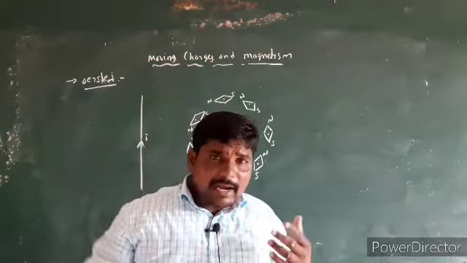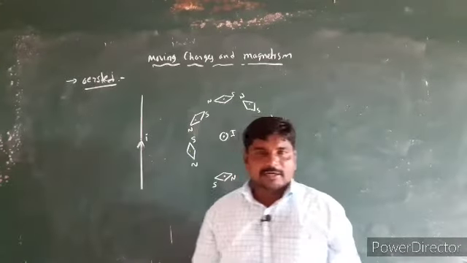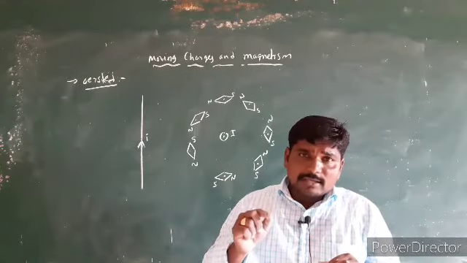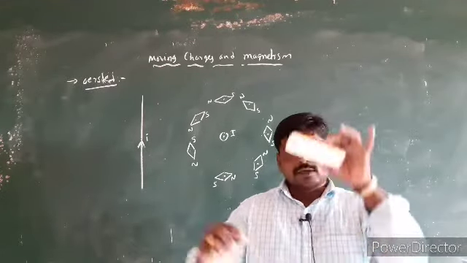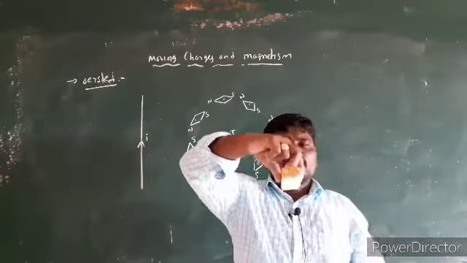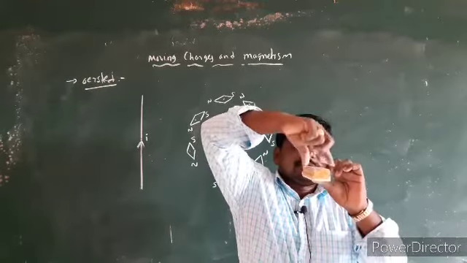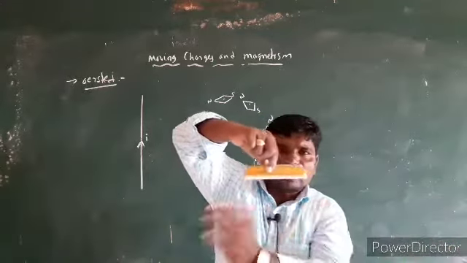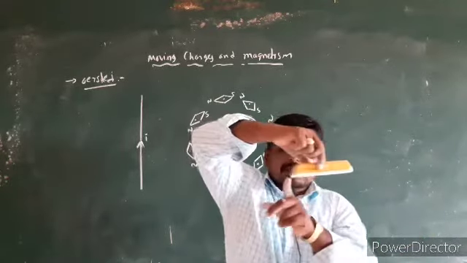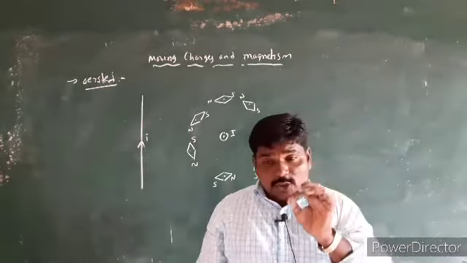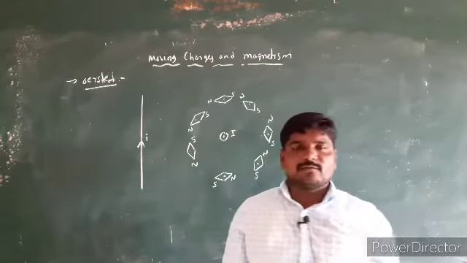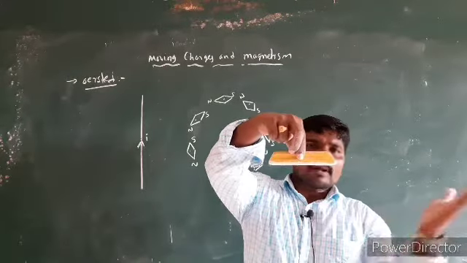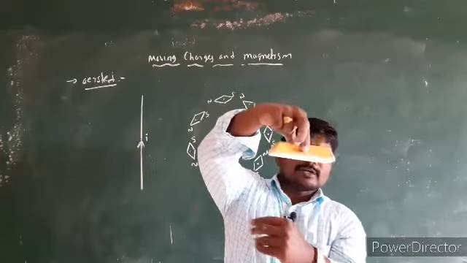This is the nature of a magnet, which is called the directive property. When a magnet is suspended freely, it always tries to align in the direction of the magnetic field. Now consider this is the magnet, this is the north pole, south pole. Now I suspend it by using a thread, but it rotates itself like this. Why? Because there is a magnetic field, the earth's magnetic field, south to north. The north pole of the magnet always comes in the direction of the magnetic field. For example, as I spin it, this is the north pole, this is the south pole, but the direction of the magnetic field is like this. Now it rotates itself.